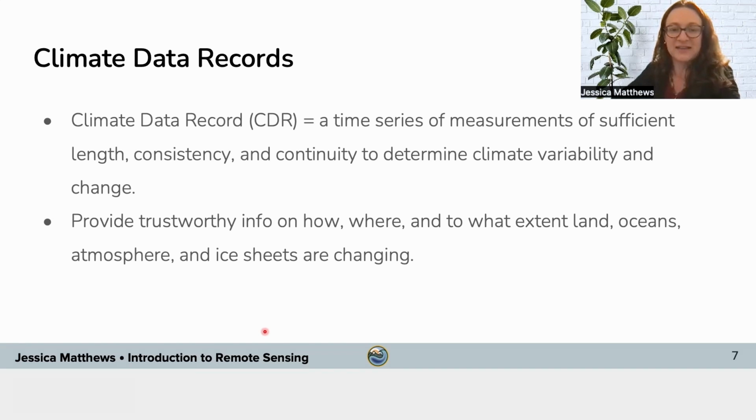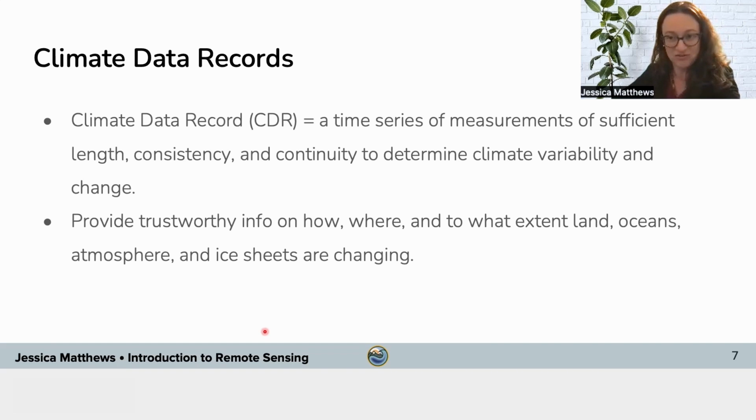Historically, satellite data was used by the weather community. They wanted to understand, is a hurricane coming? When will it get here? How fast is it traveling? And then after the event had passed, the data wasn't so useful to them anymore because they're only interested in